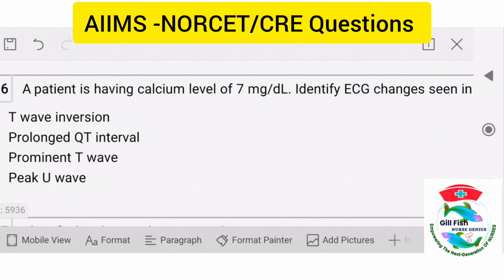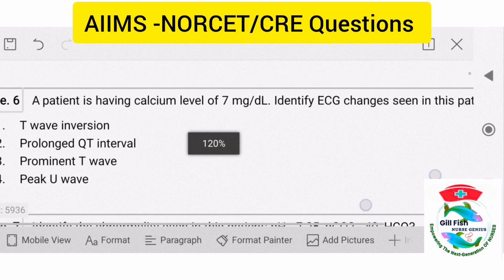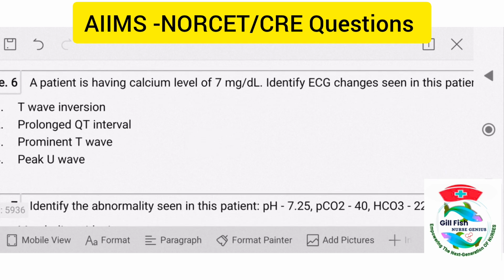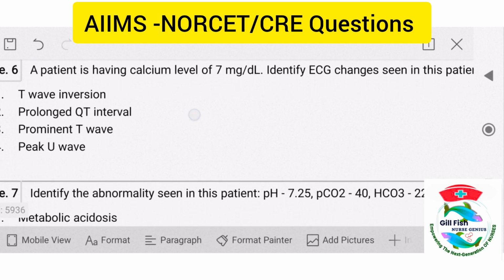Okay, fine. Next question. A patient has a calcium level of 7 mg per deciliter. Identify the ECG changes in the patient. Option 1 T wave inversion, option 2 prolonged QT interval, option 3 prominent T wave, and option 4 peaked U waves. So what is the correct answer here? The patient has low calcium, 7 mg per deciliter. So what ECG changes will be present? Yeah, prolonged